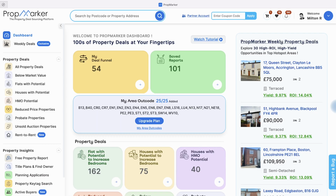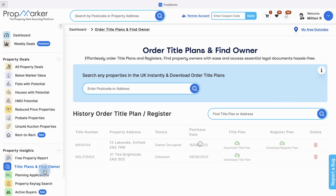Title plan and find owner. Effortlessly obtain the title plan and title register for any property through PropMarker. These essential documents are maintained by the HM Land Registry, the government department managing all land purchases and ownership in